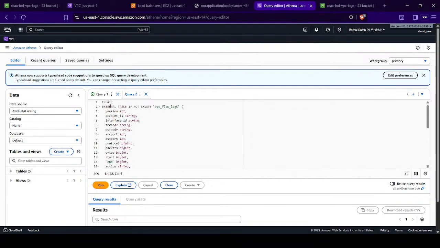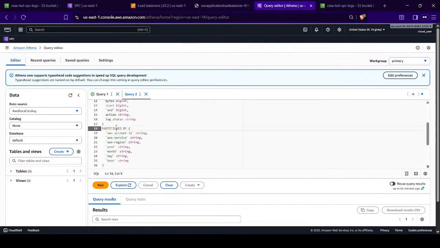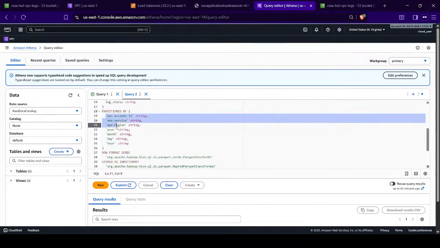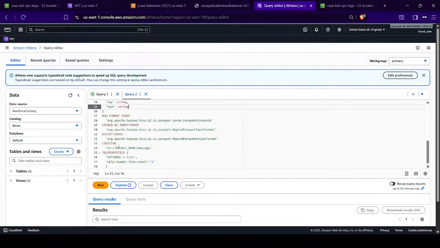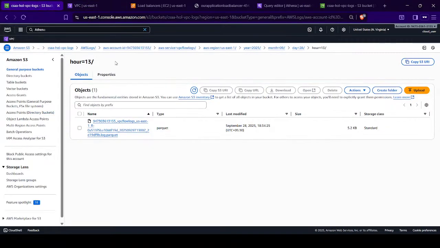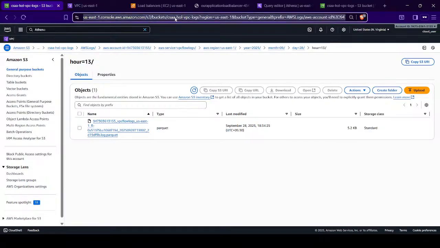This is creating a table which is VPC flow logs, and we have enabled partition also, right? This way we traverse in S3, so similarly we will try to achieve that. Let's go back to this, and we know our bucket name is